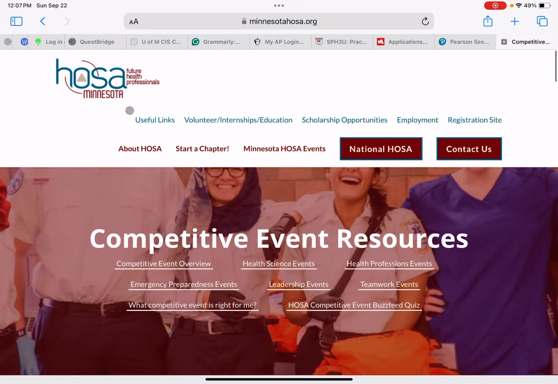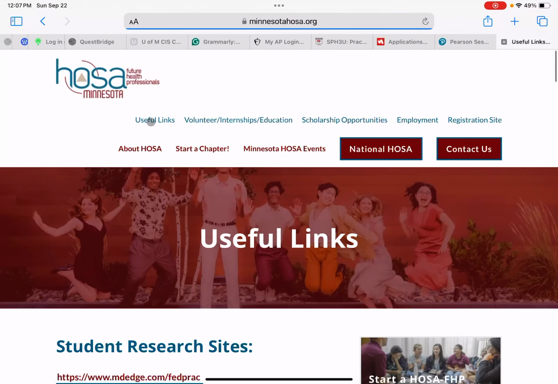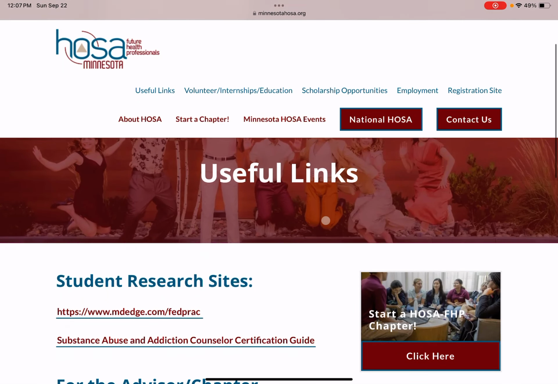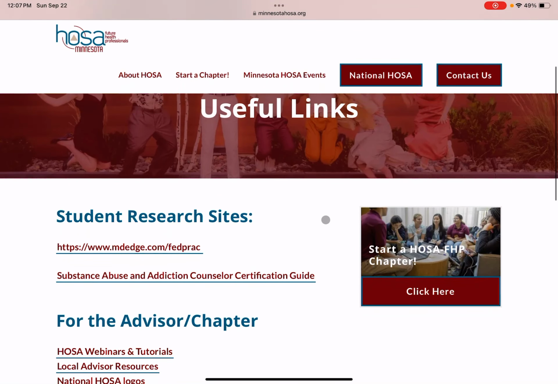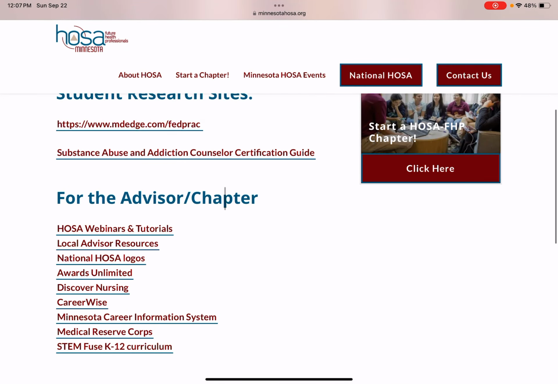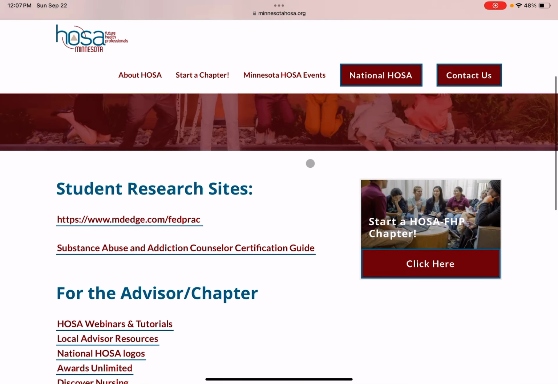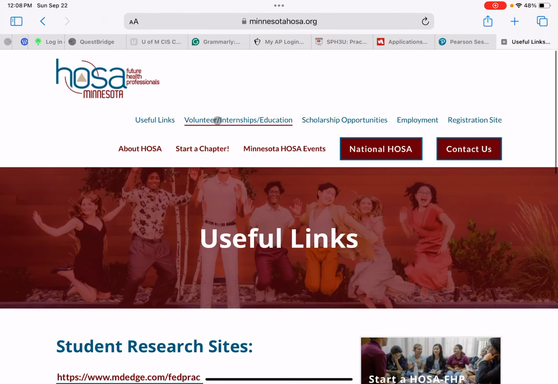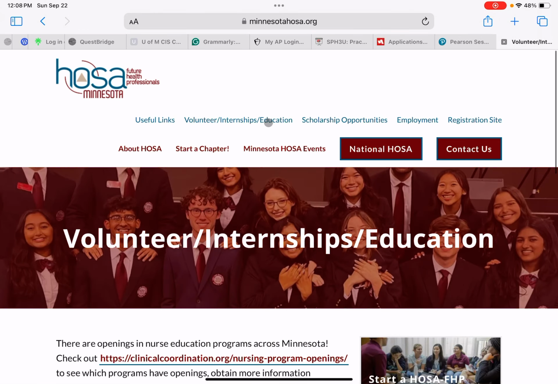Now, here are the useful links. Now, these pertain mainly to advisors, but anyone is welcome to use these as needed. So as you see right here for the advisor chapter, student research sites, so you can just click on these, really just look at them, get a grasp on them. And then here's the volunteer internship education, blue link.